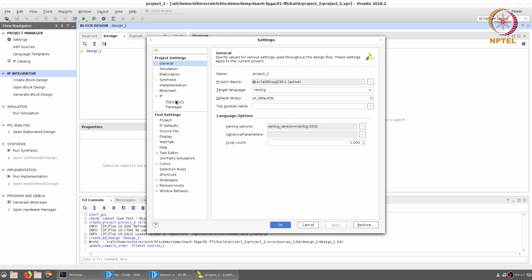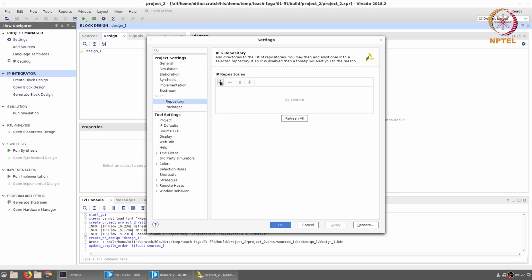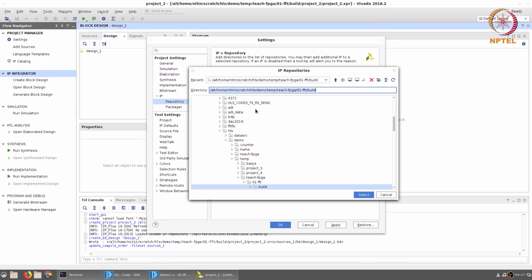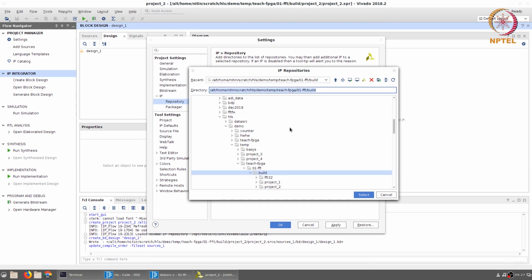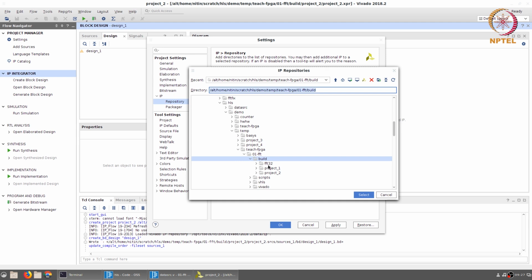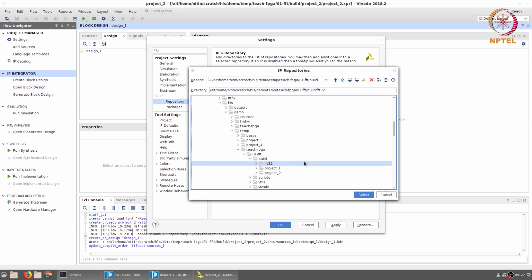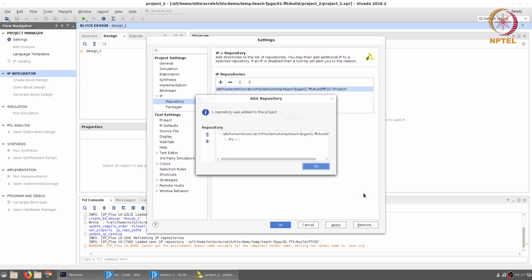click on the IP repository, and here use the plus sign in order to add an IP repository. What we can do over here is select the FFT32, the Vivado HLS folder that we used for creating our original design. And once we select that, it basically says add repository. One repository was added to the project, and it says it found one IP inside it. This was the IP that was generated earlier while running the Vivado HLS project. After we export it, it shows up in a format that Vivado can then recognize.